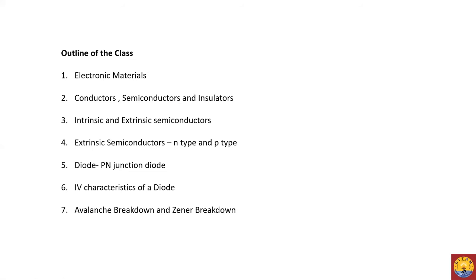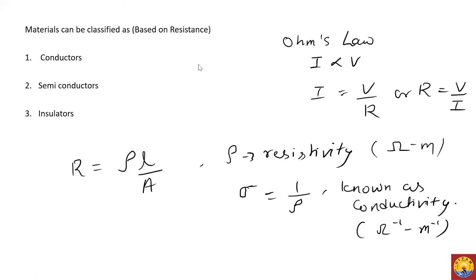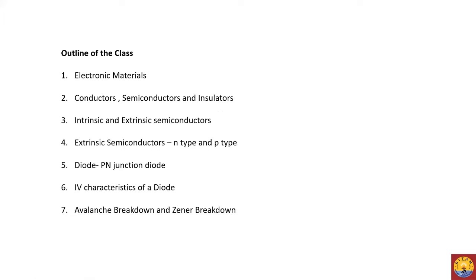We are starting unit one, junction diodes. So in this, the outline is basically we will discuss different types of materials that we use in electronics. Basically, there are three types: conductors, semiconductors, and insulators. Then we go specifically into semiconductors, and we see the different types of semiconductors. These are intrinsic and extrinsic. And then further, for extrinsic semiconductors, we have N-type semiconductors and P-type semiconductors.